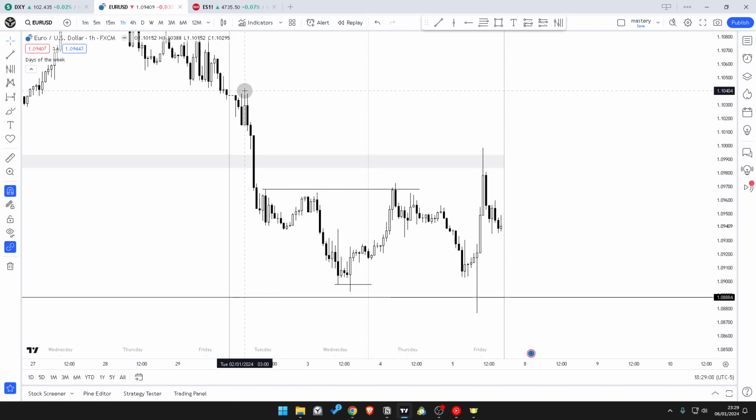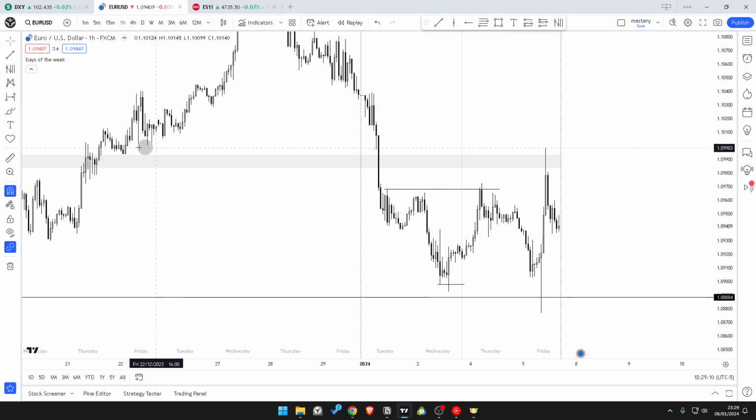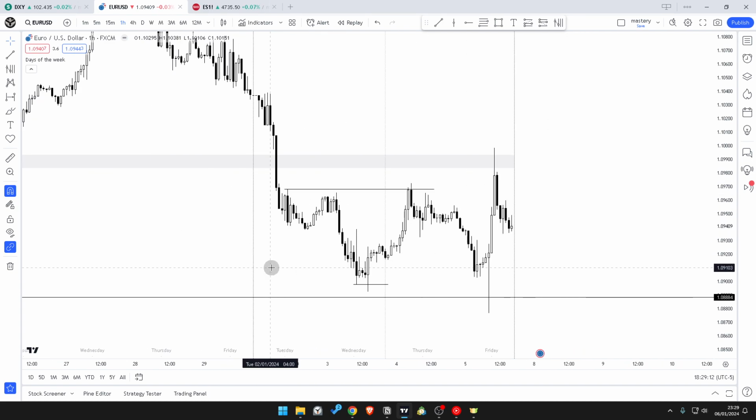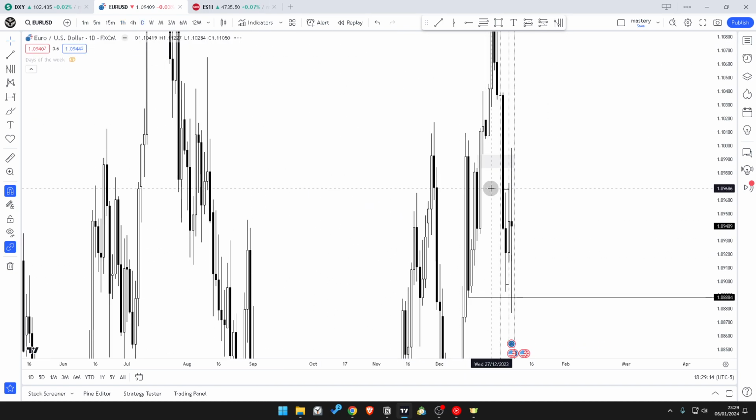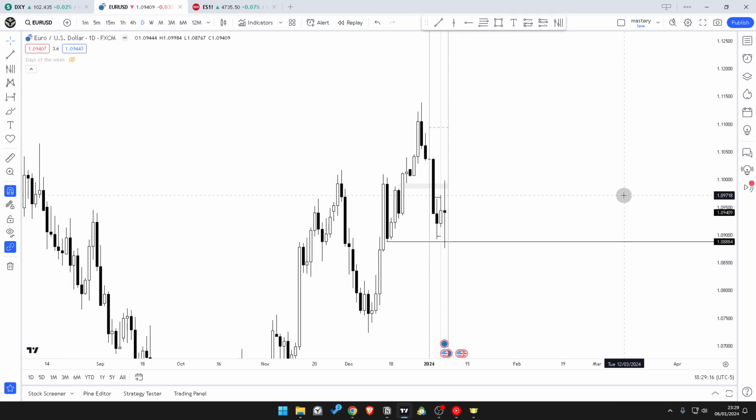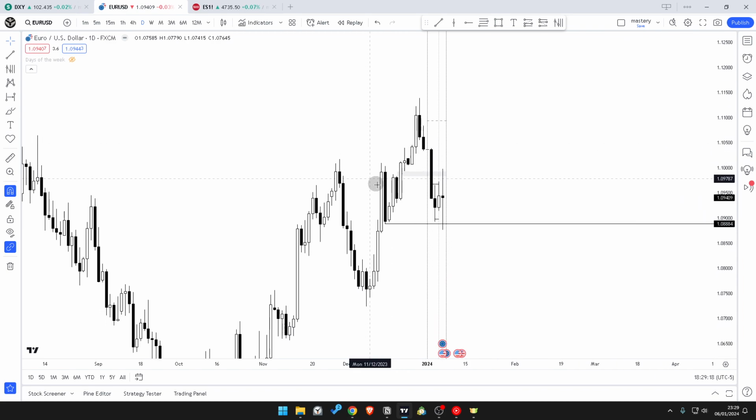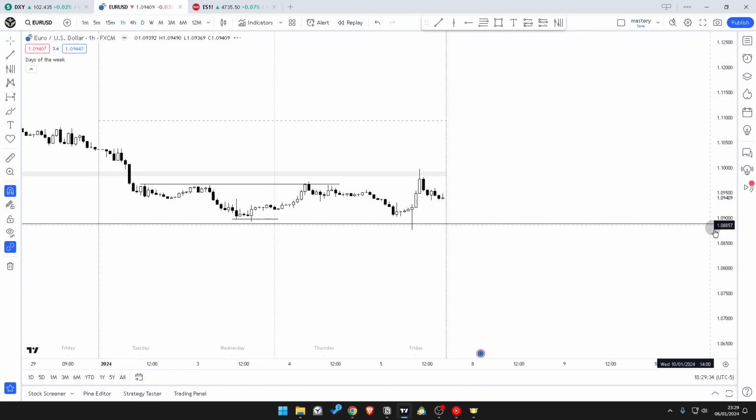This was followed by the big expansion, inversing that daily fair value gap. So we have bullish PD arrays being violated. We have this fair value gap violated, order block, another fair value gap, another order block closed below. I was looking at this CB as a measure of retracement continuation or protraction continuation. So on the hourly chart,